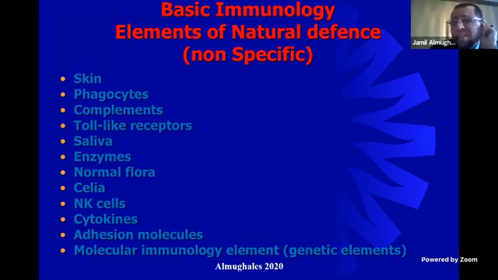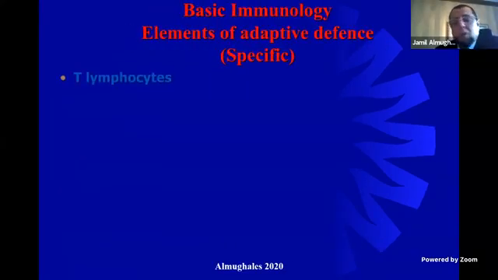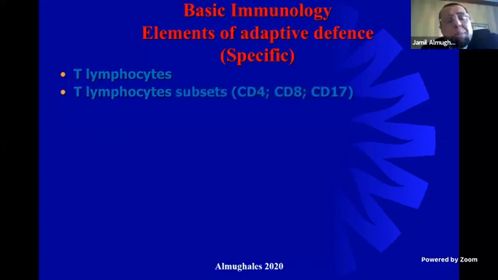This system is not really specific, but it can defend us. It is the natural immune response. If we go to another, highly specific element, it's called the adaptive immune system. This can help in so many important, specific elements that